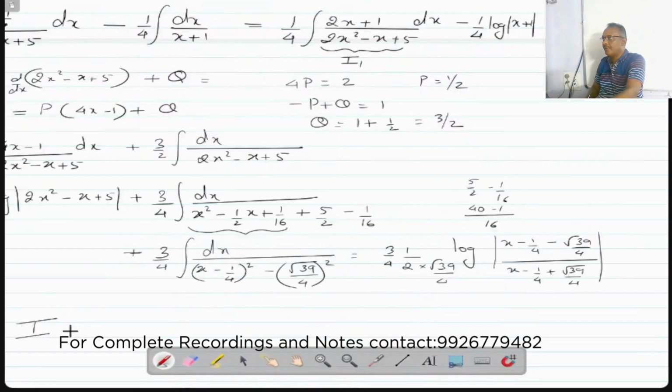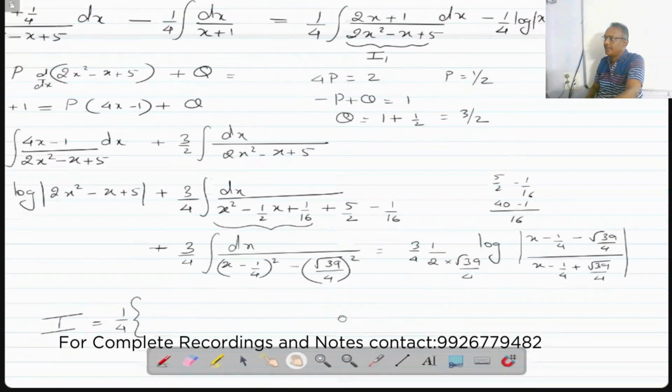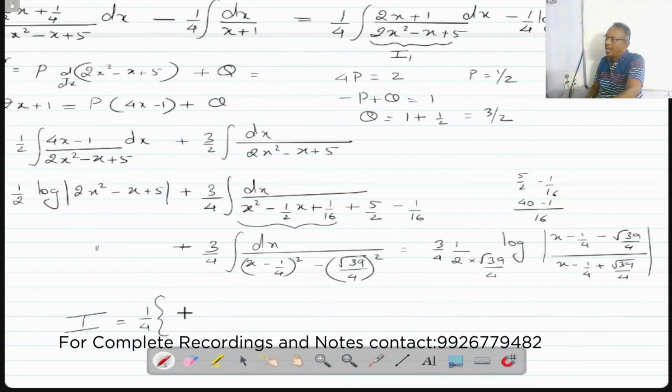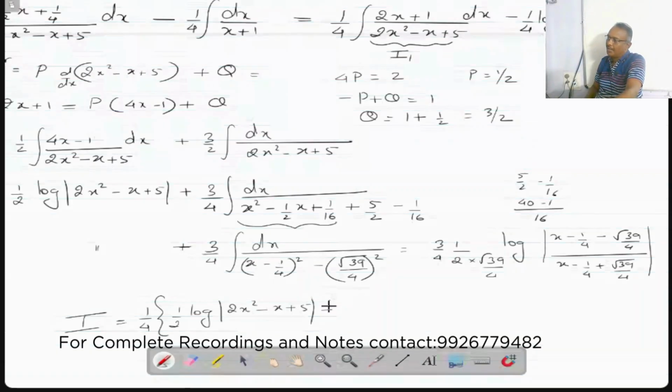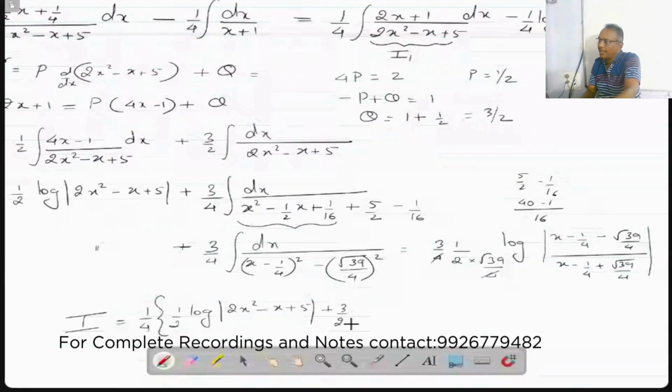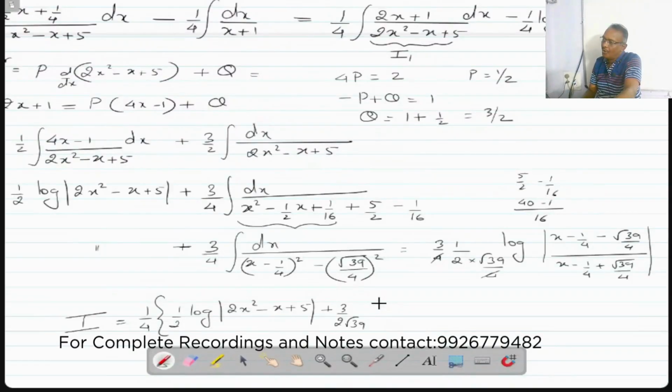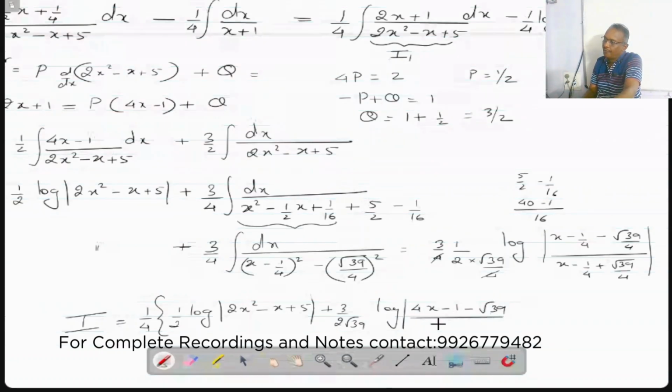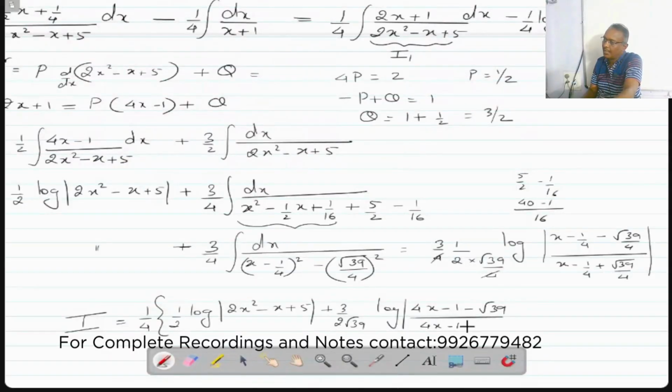Final answer I would become, यहाँ पे ये है ना इसका वैल्यू, 1/4 बाहर है। अभी ये वाला चीज हाफ log of 2x square minus x plus 5 plus 3 by 4, ये वाला क्या होगा, 4 और 4 कटा, ये वाला क्या होगा, 3/2 root 39 log of 4x minus 1 minus root 39 upon 4x minus 1 plus root 39, ये खत्म हो गया